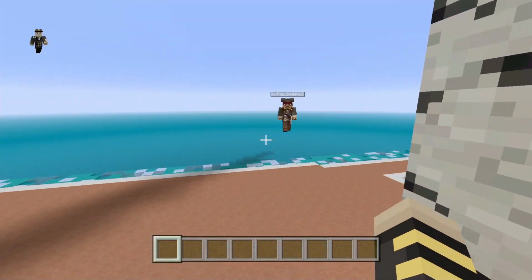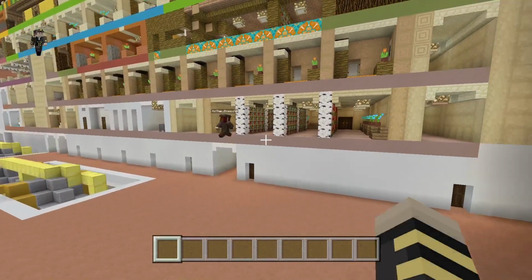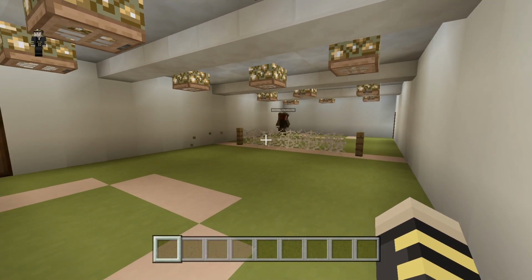Plus an extra, I think there's like 9 rows of books with this ship fully intact. This is for third class. This is